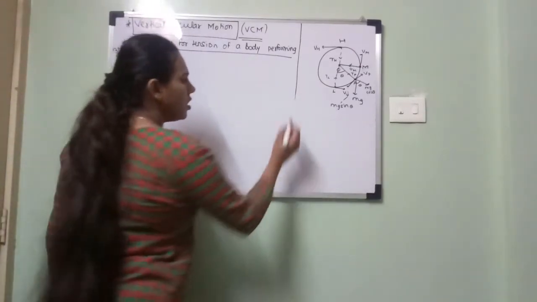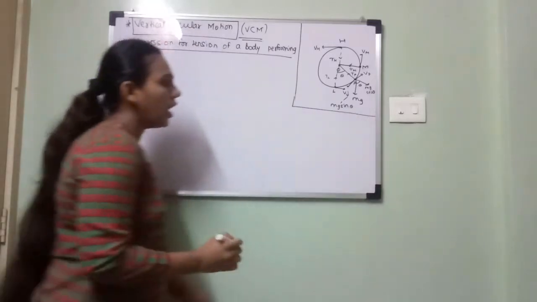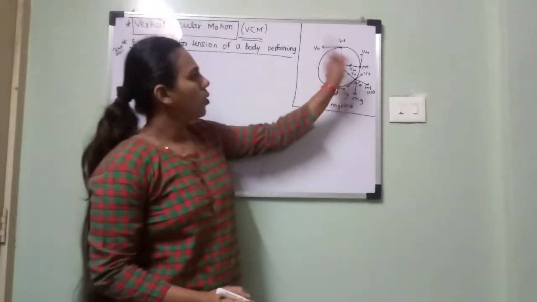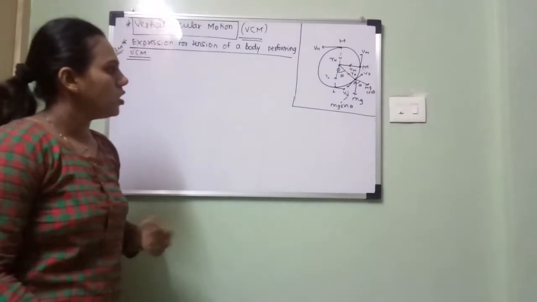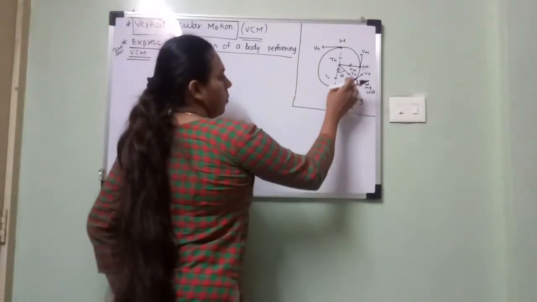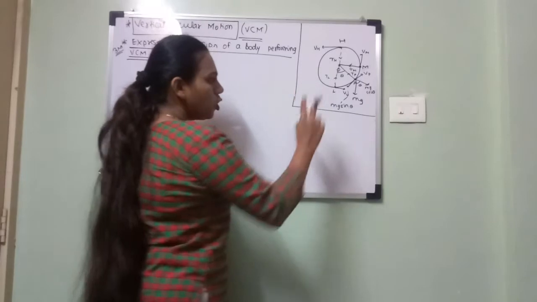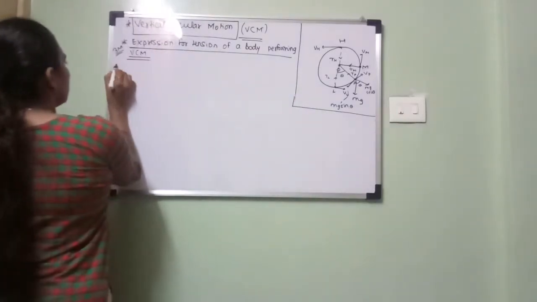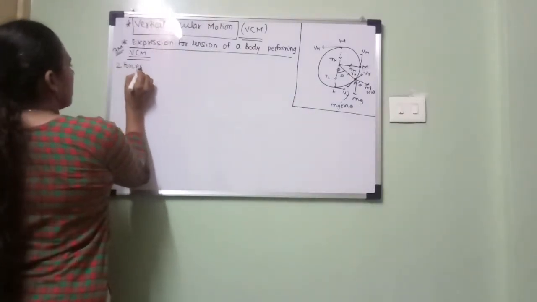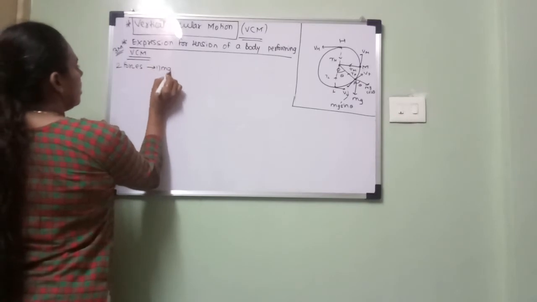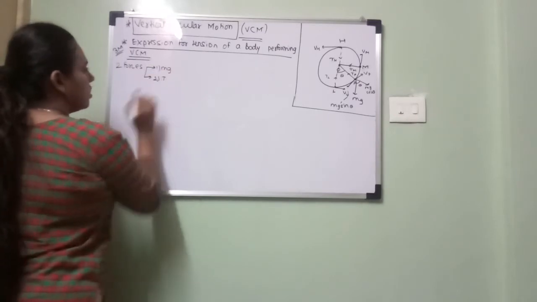First we will consider any point P, and after that we will calculate at the lowest, mid and highest position. Consider a particle present at point P. Two forces are acting on the particle. So what two forces are acting on the particle?